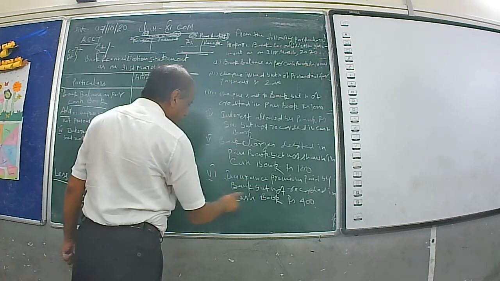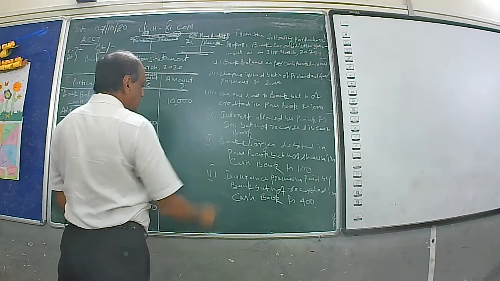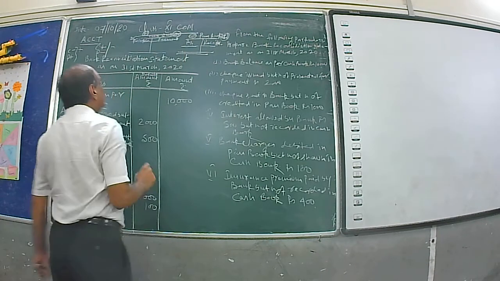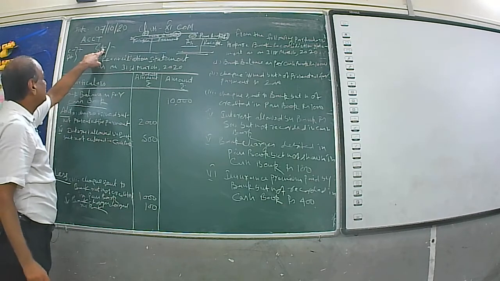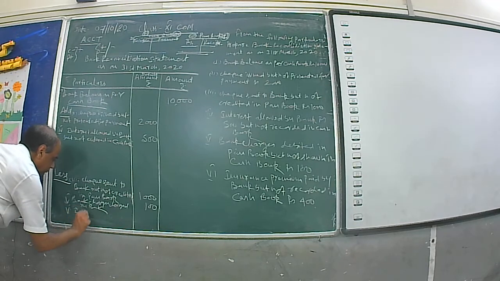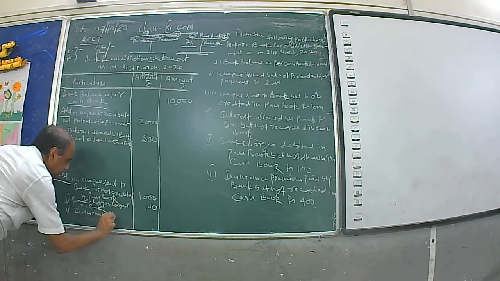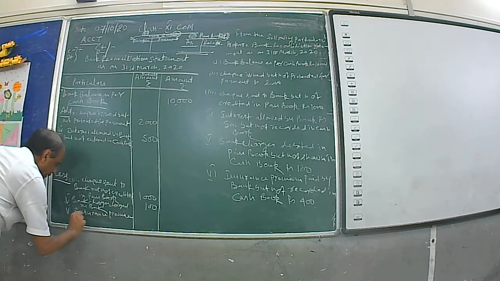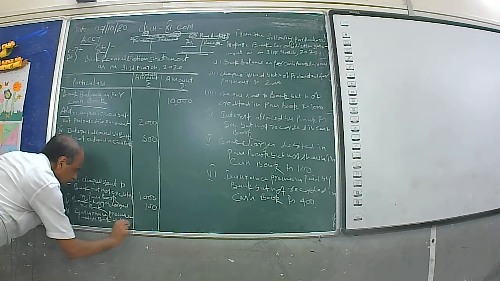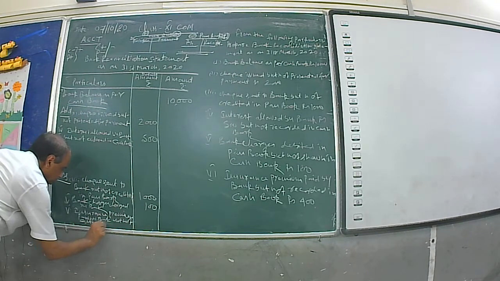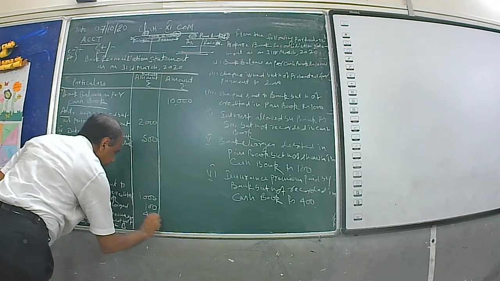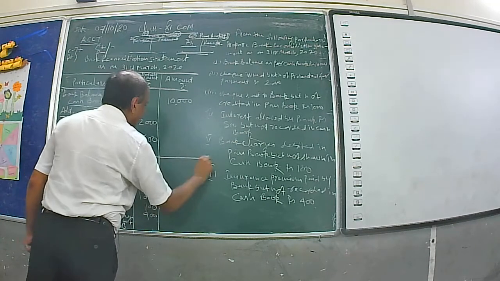Next, insurance premium paid by bank but not recorded in cash book. Payment is made by bank. The payment will be shown in debit side, therefore passbook is in minus position. So P is in a minus position, C is in a plus position, therefore it will be minus. Insurance premium paid by bank but not entered in cash book. The amount is 400. Now at last you will have to draw a line.